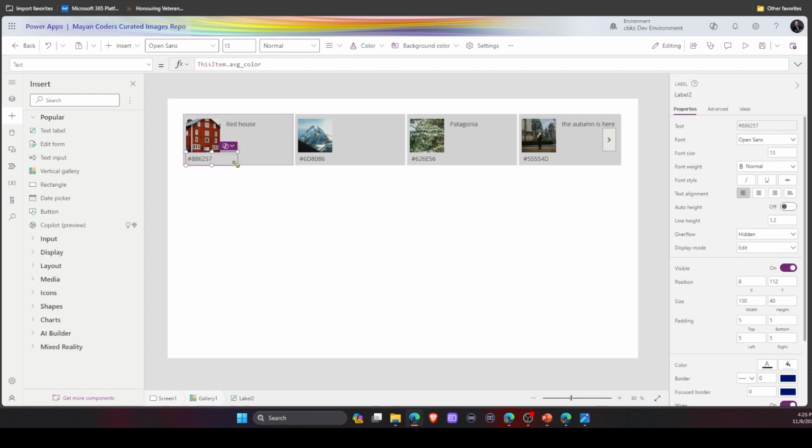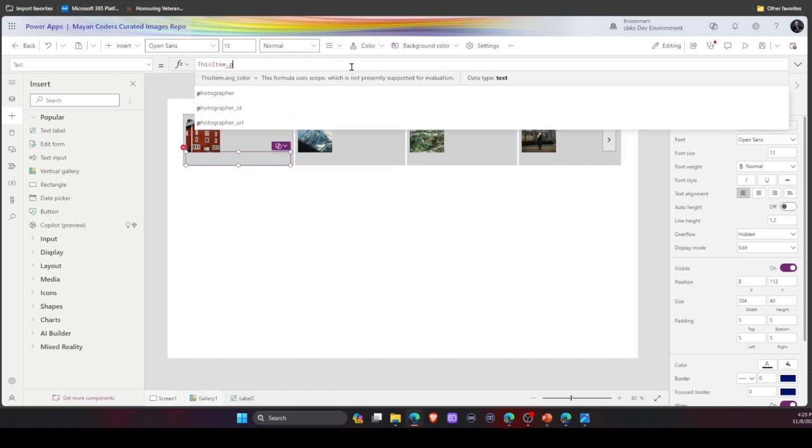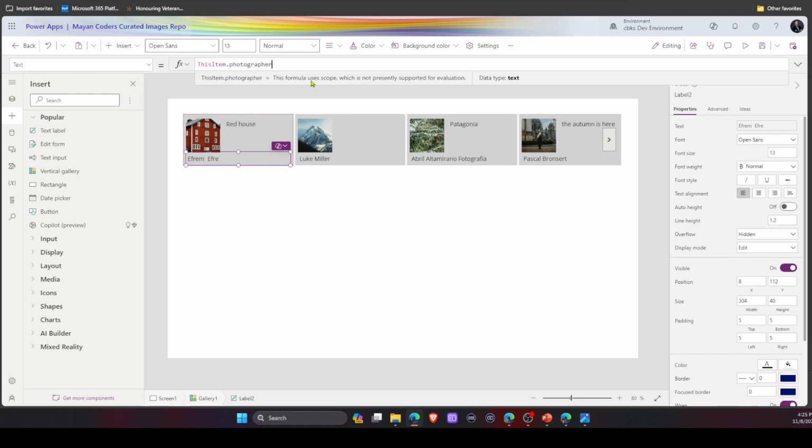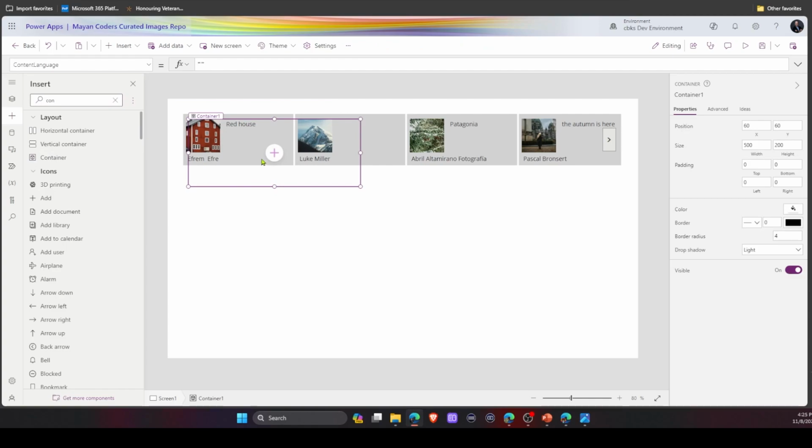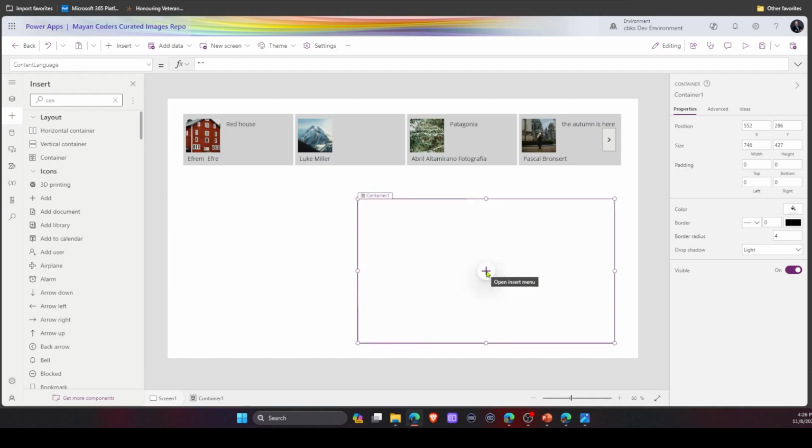So we will slip another label there and kind of do the photographer. This is all looking pretty good. Let's see how we can provide the curator a bigger view and more information about photos here. I'm going to add a container to this area, and I'm going to leave intentionally some space at the top. All right, in this container,